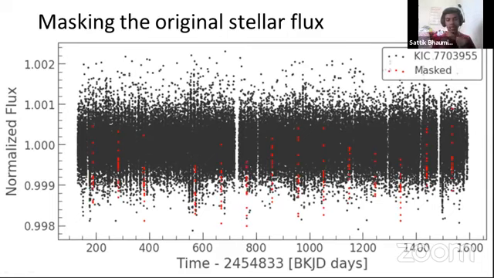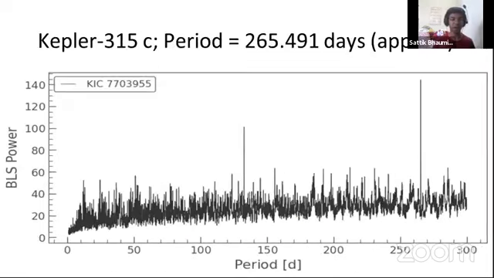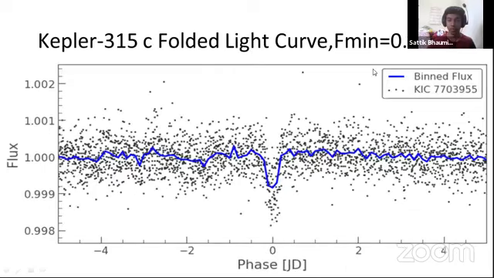Now for finding the next planet, we have hidden the data, so it won't be used for further plotting or further calculations. After hiding or masking, we apply the BLS power method again, and we see that over a period of 300 days, there is a significant maximum power of transit out here. So this gives us an indication that, yes, there is a second planet, Kepler 315c, with a period of approximately 265.5 days. To ensure ourselves again, we plot the folded light curve, and yes, we see